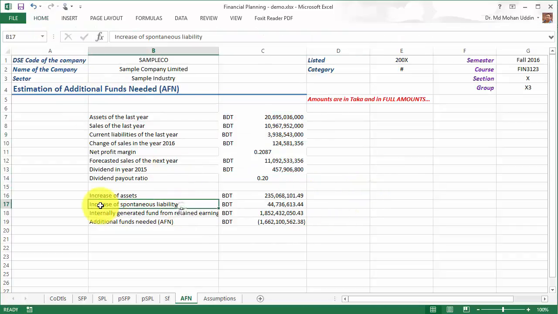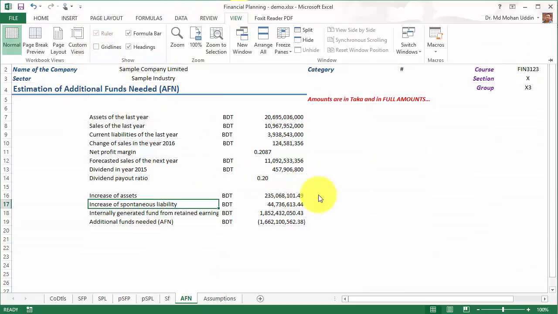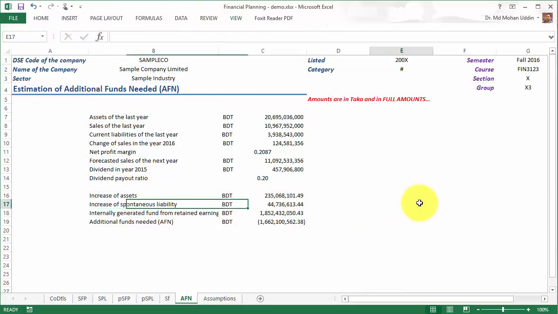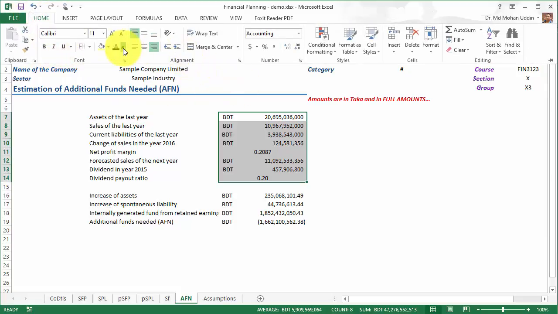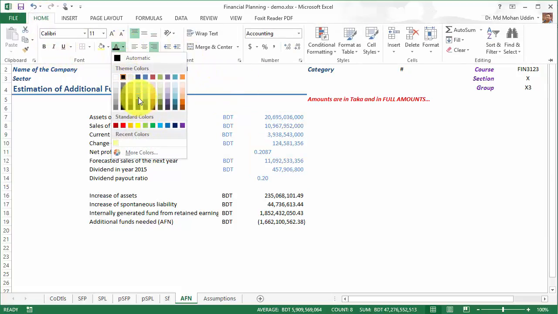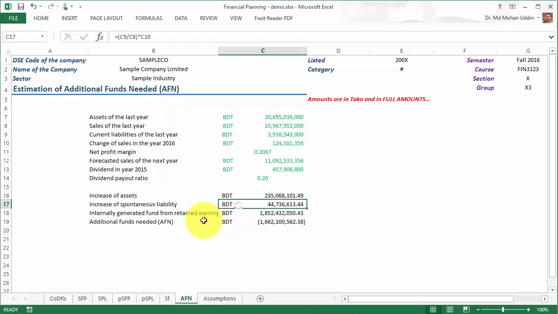Okay, and also from view we throw out the grid lines, and we can give maybe blue color or green color to the input information,